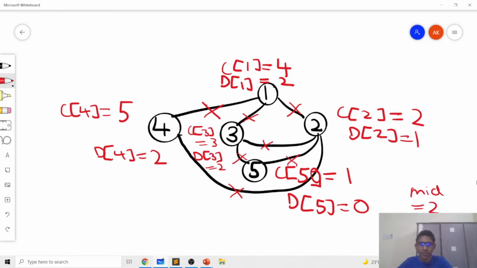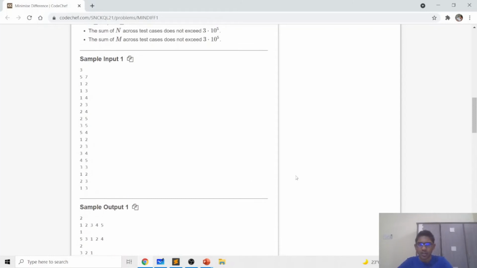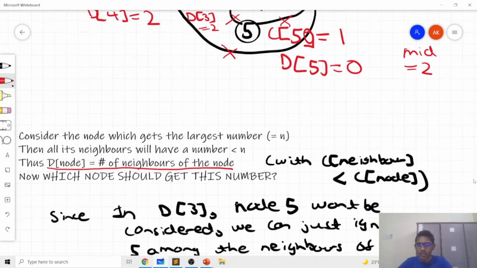Now you can see that when we call the check function on 1, you'll realize that no node has a number of neighbors less than or equal to 1. That's why the breadth first search won't get executed, because no nodes will get added to the queue, and we'll return false. Whenever we return true, we also maintain a global variable which represents the assignment. And in the end, we just print the assignment, because the assignment will tell us for which optimal value we got that assignment. And in this way, we can do the breadth first search.